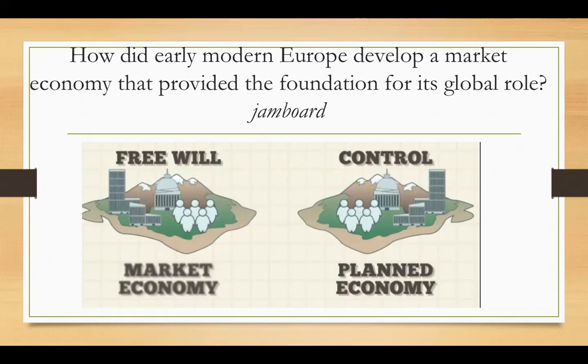All right. So real quick, a difference between a market economy and a planned economy. Market economies tend to be what we talk about when we talk about capitalist nations, where planned economies are what we talk about more when we're talking about communist type governments. A market economy is where there is more free will for people to make their own decisions, and the protection of private property, etc. Whereas there's a lot of control in a planned economy, and the government